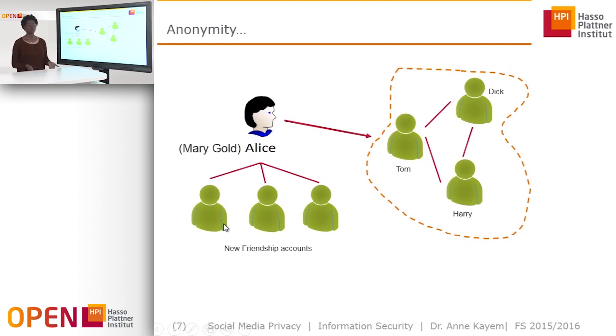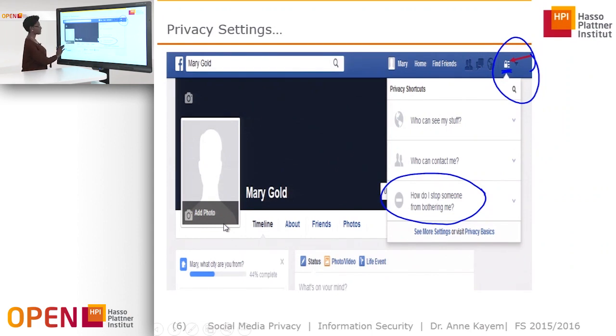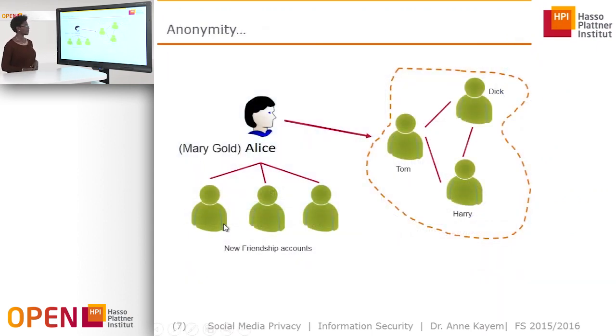Okay. So remember also that we talked about anonymity, and we talked about the fact that Mary Gold, for example, who in the other slide was represented as Alice, could decide to make friendships. So pretty much using the profile that we had in the previous slide, right? She could make friends with other users and do everything as normal on the social network platform. Okay, and then she could continue that friendship making procedure to make other friends with other groups of users.